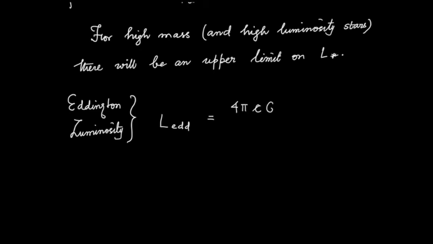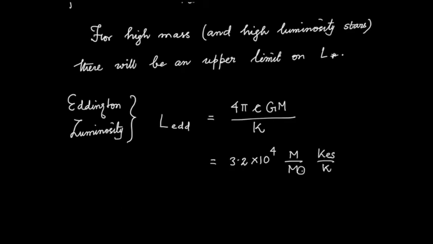Because if it has more than the Eddington luminosity, the radiation pressure will exceed the gravitational force and that will blow it off. So this comes out to be 3.2 into 10 to the 4 in units of solar